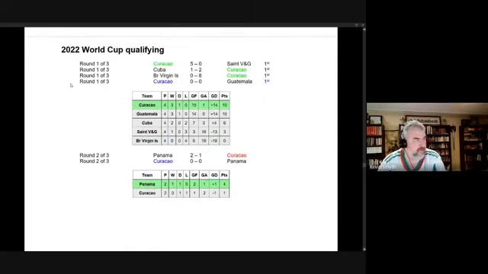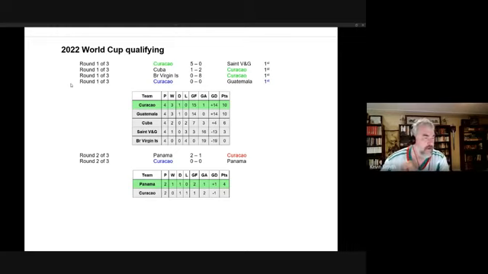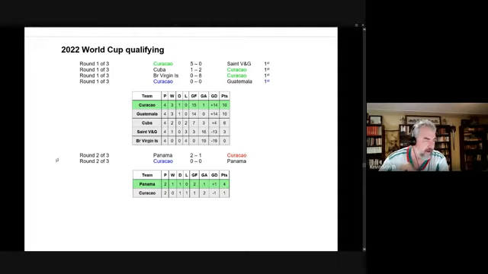They also went through the first 2 rounds and had little trouble in the first round, quite impressively beating Guatemala, who is a fairly good team. Interestingly, they were tied on points and tied on goal difference, and they went through by dint of scoring 1 more goal than Guatemala did. The 2 tied in the last game, which was supposed to separate them, but there was no separating them. But Curacao came through and moved on to the next round.